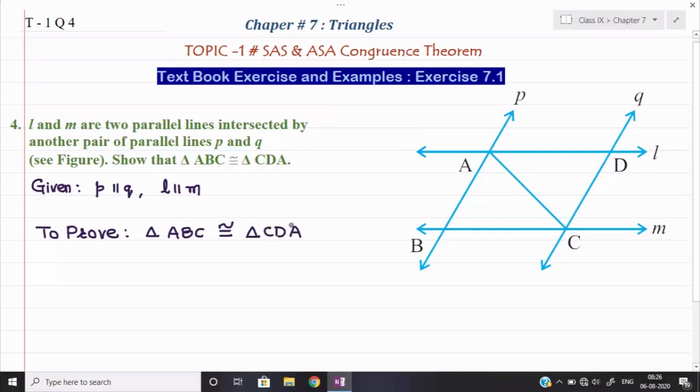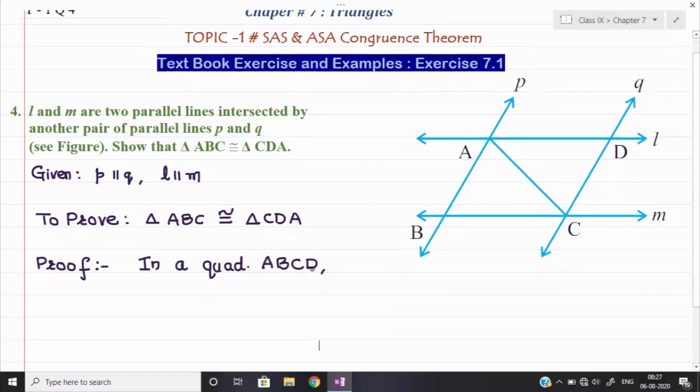Now, this question can be solved by more than one method. Here I am following one method which is also simple, and if you wish to follow any other method under the congruency criteria, you can prove it that way also. So first we shall write down the proof. In a quadrilateral ABCD, I am taking one quadrilateral ABCD, as you can see in the figure that I am going to consider.